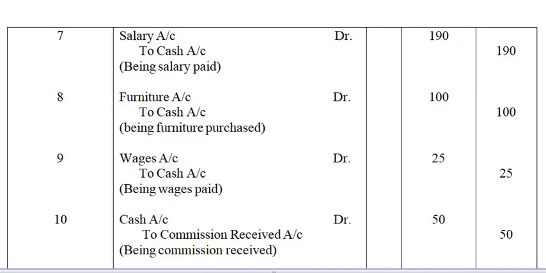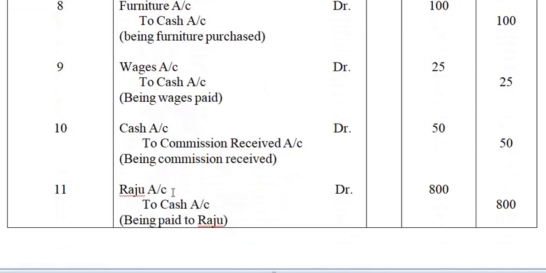Okay, now the second last transaction, cash, sorry, received commission. So you are receiving commission in form of cash, so cash will be debited and commission received will be credited. So cash is a real account, so cash comes in when you receive commission. Cash actually comes in to your pocket, isn't it? So cash gets increased, so cash will be debited. And commission received, so receiving commission is actually the income, so commission received is a nominal account,